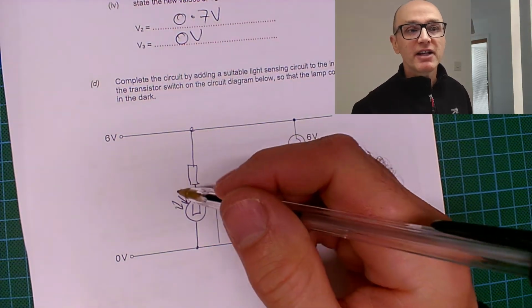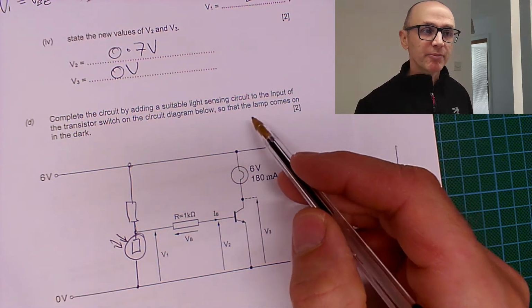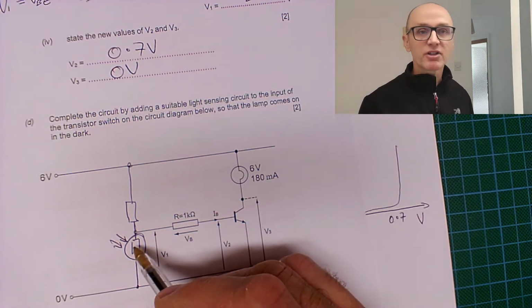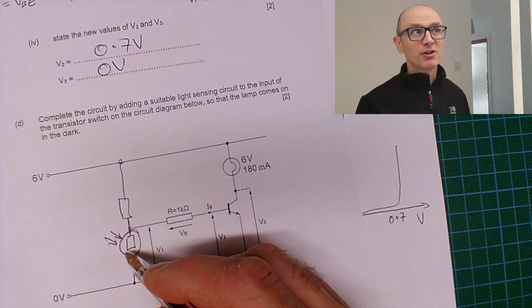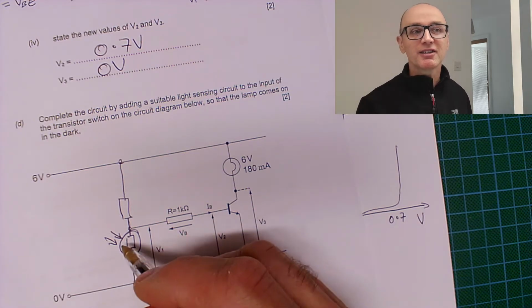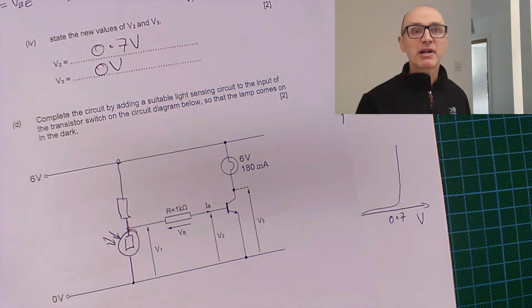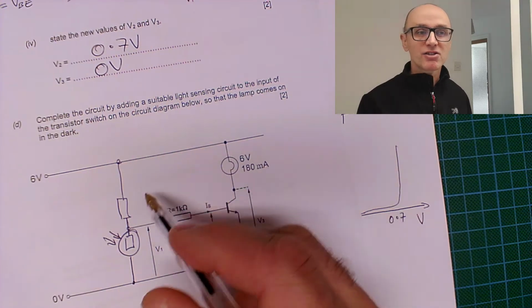All right, there's the solution. Now they want the lamp to come on in the dark, so we need an LDR. Now a couple of students drew thermistors, say, which don't detect light. So you need an LDR, a light dependent resistor, and you need it as a potential divider, because you need